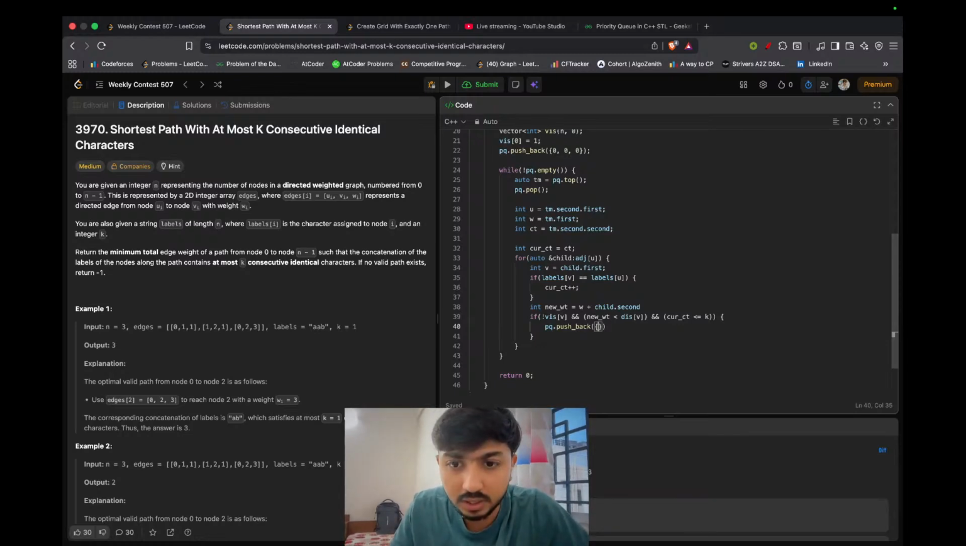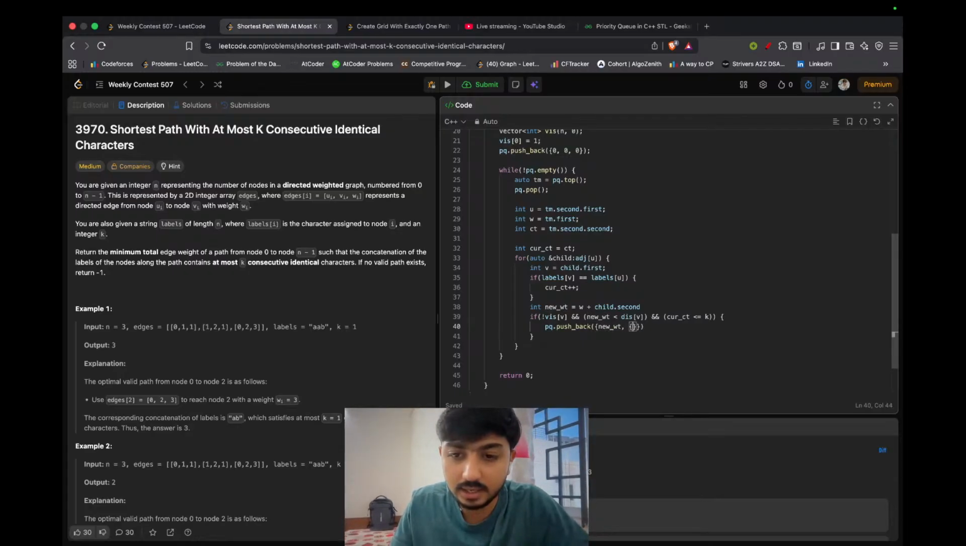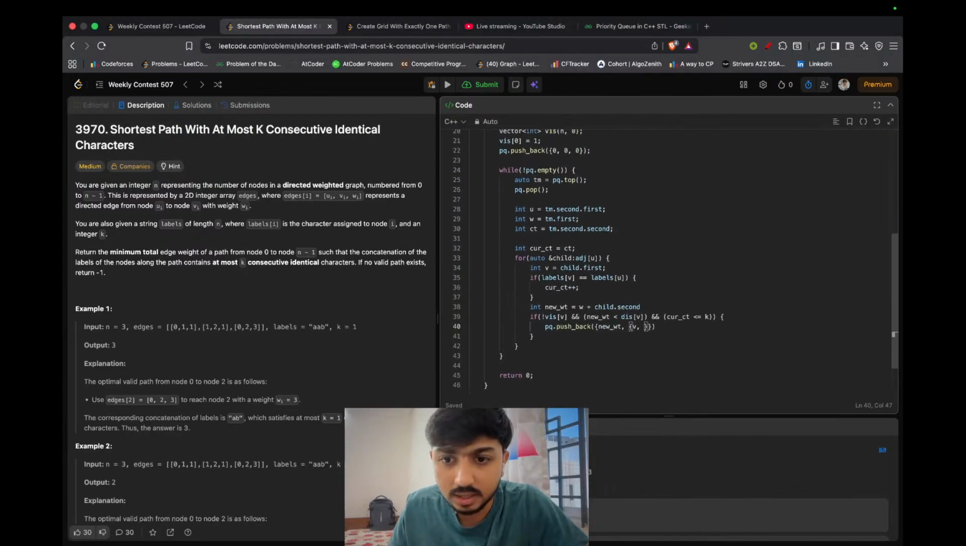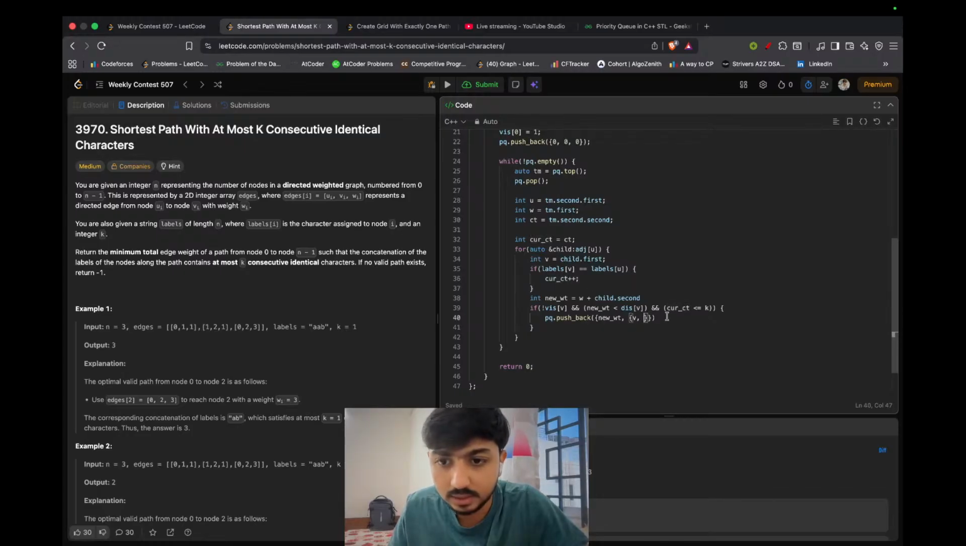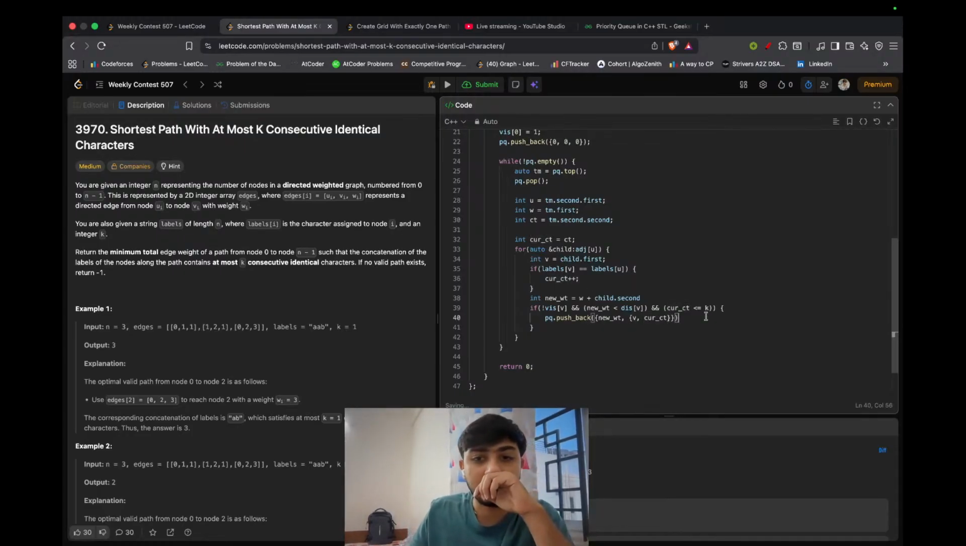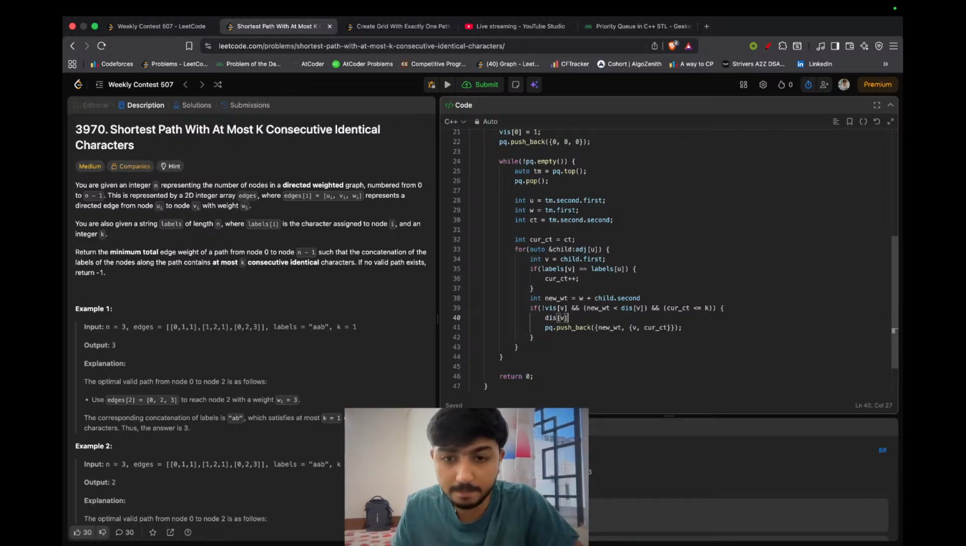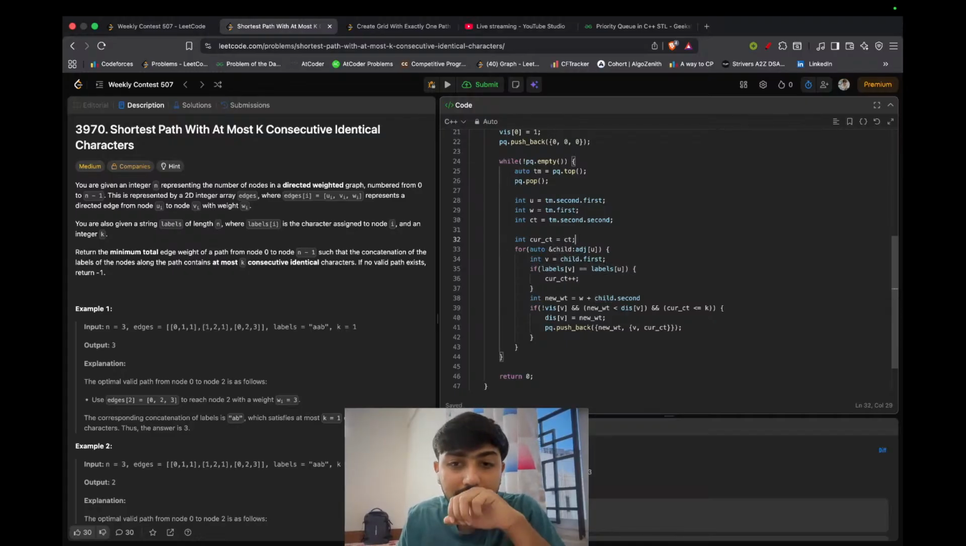So yeah, what we are pushing here is weight, right? New weight. Then the second is node, that is V, and that is the consecutive character. This. Oh, but the thing is, yeah, this is fine, right? And also we have to update distance of V equal to new weight. Cool. And when are we going to break this,